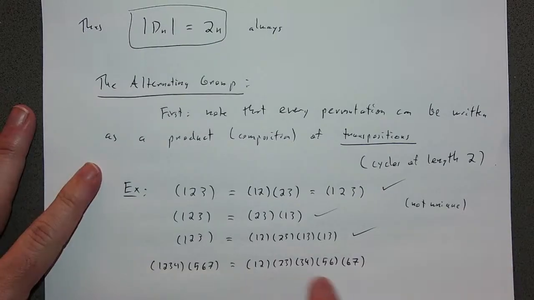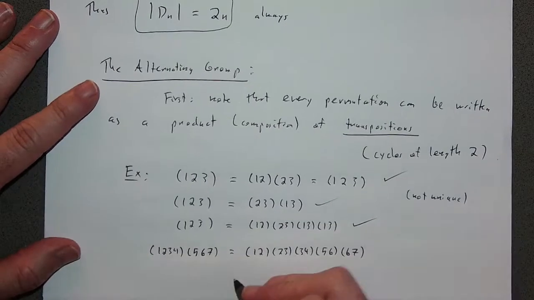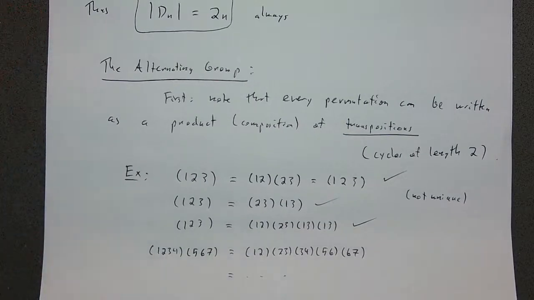Now, again, this isn't the only way to write this either. I could do this in other ways. There are other transpositions I could write down here and have a different product of transpositions. So there's not a unique way to do this. So you might find it kind of annoying that there's not a unique way to do this, that there's so many different ways to do this. But while there's not a unique way to write a permutation as a product of transpositions, one thing is invariant amongst these things, which is that even though it's not unique, it's